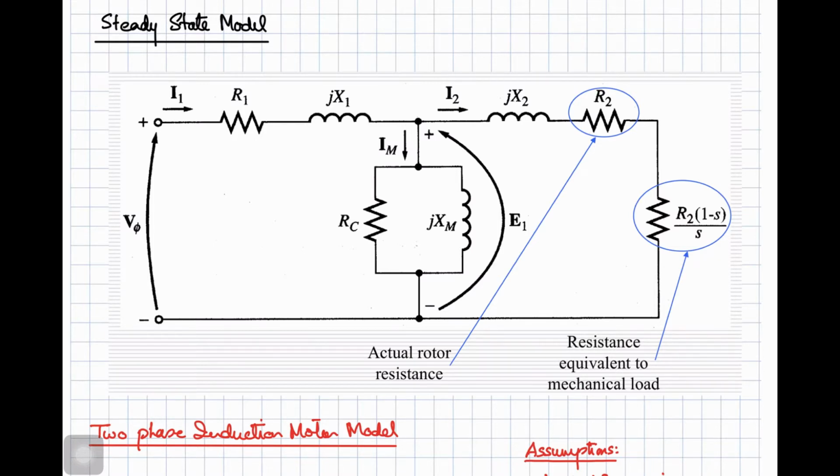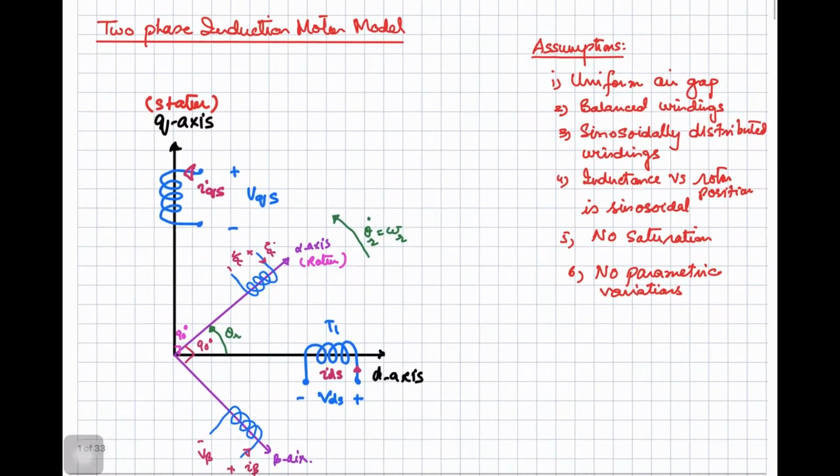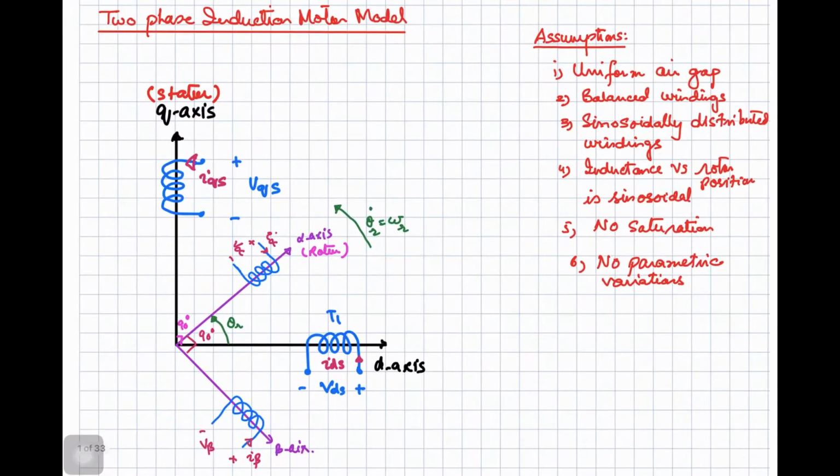The dynamic model of the induction motor is derived by using a two-phase motor in the direct and the quadrature axis. This approach is desirable because of the conceptual simplicity obtained with two sets of windings, one on the stator and one on the rotor, and the equivalence between the three-phase and the two-phase machine model is derived from the simple observation and the approach that we have already discussed in the last lecture, that is using the transformations. We can use the Clarke transformation and its different variants to represent our three-phase motor in a two-phase system or in the DQ system.